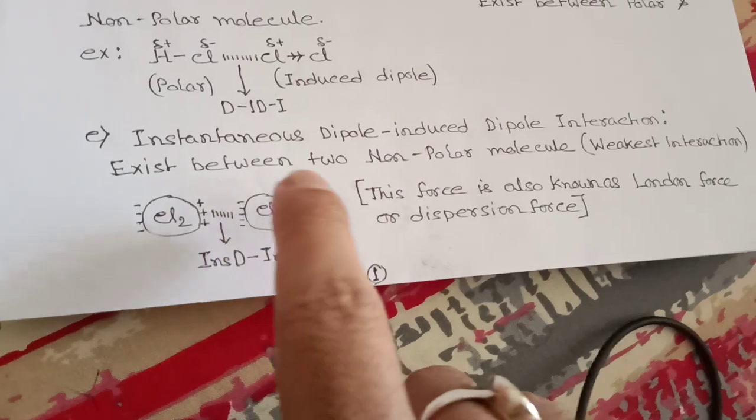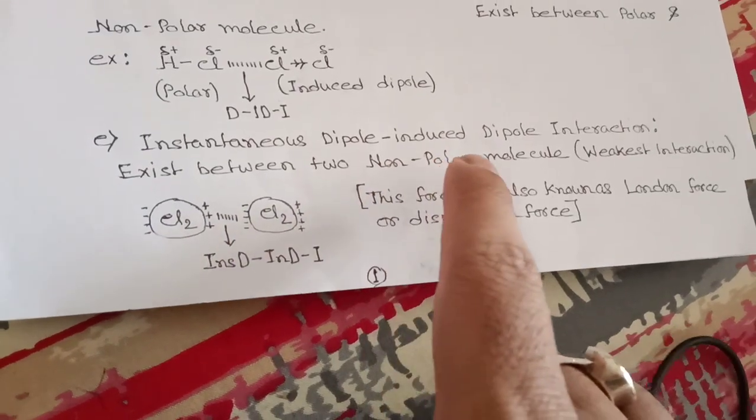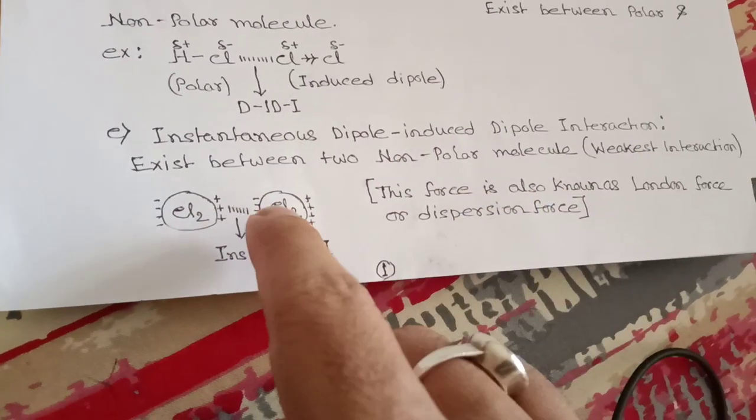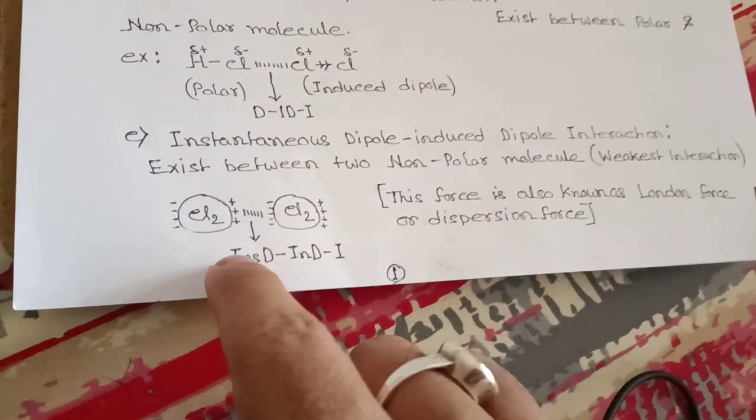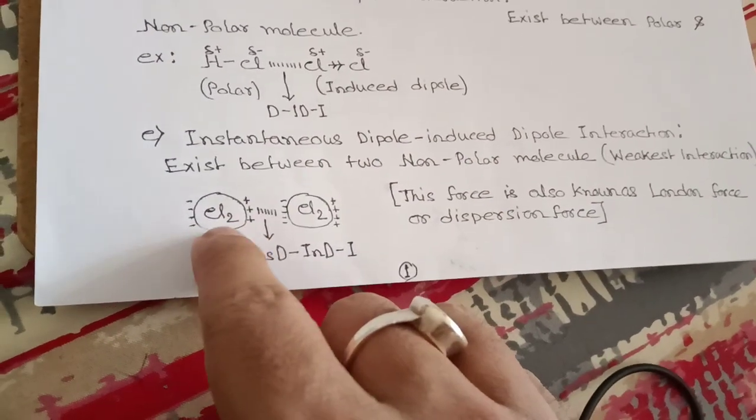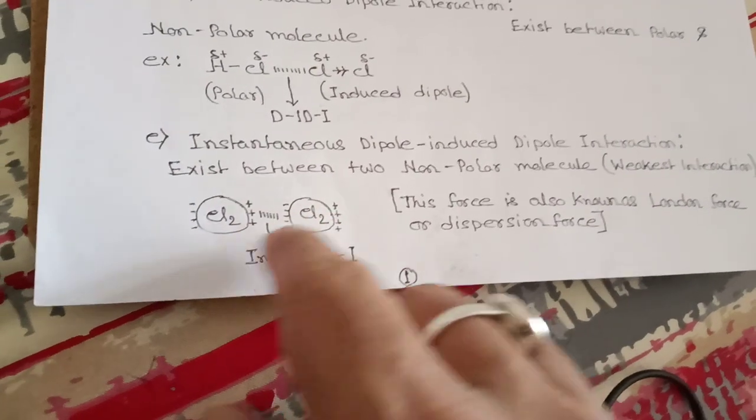And the last one is instantaneous dipole and induced dipole interaction. This will exist between two nonpolar molecules. This is a nonpolar molecule, this is again a nonpolar molecule. Now